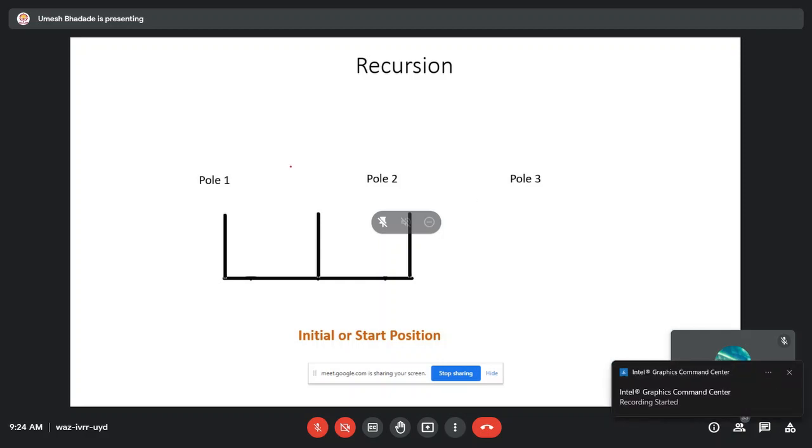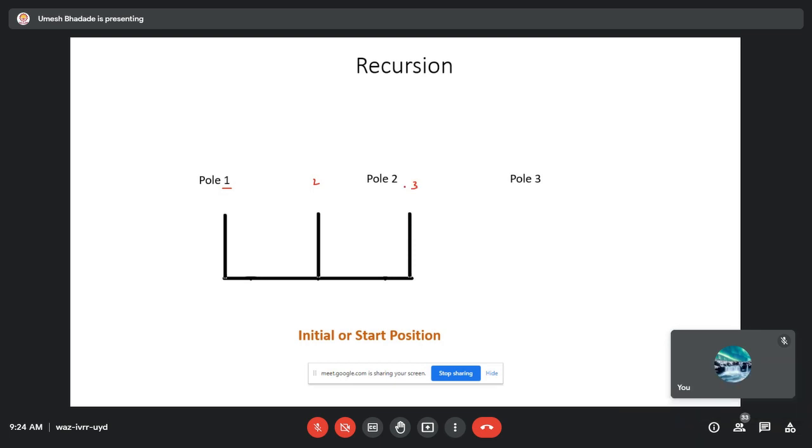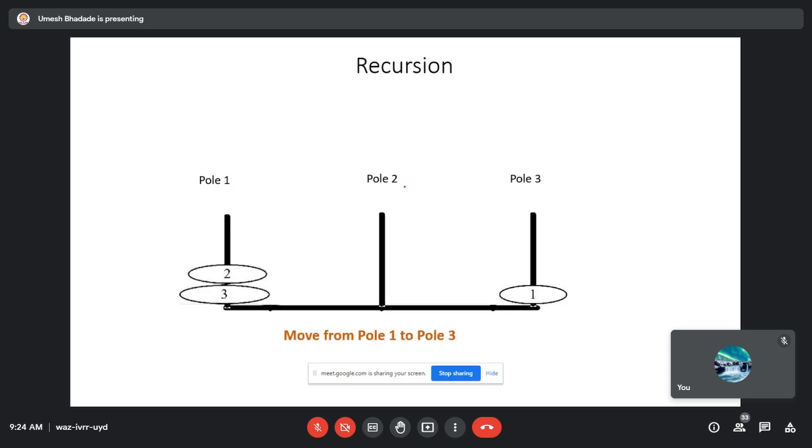Pole. Suppose this is pole A, pole 1, this is pole 2, and this is pole 3. Now, you know that there are some disks which are kept in this pole, and we need to shift that disk from one pole to other pole, right? And there are certain